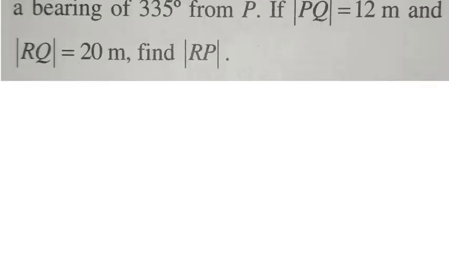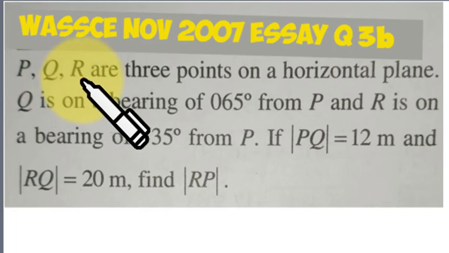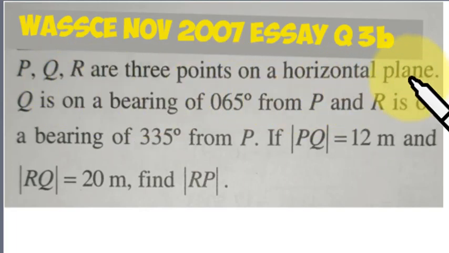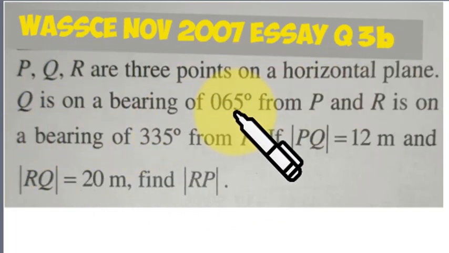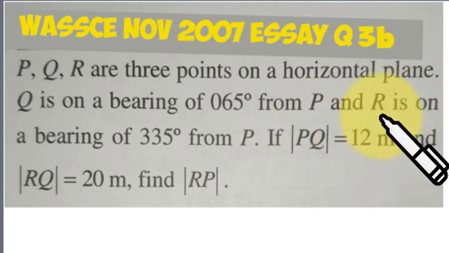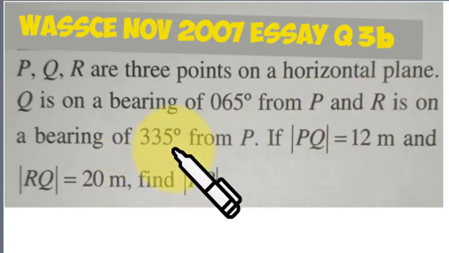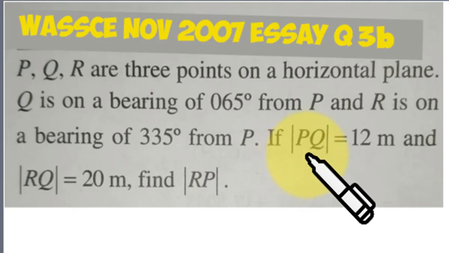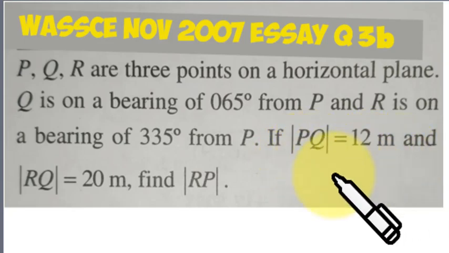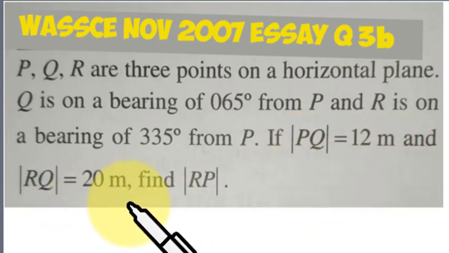We look at WASSCE Private Candidate 2007 Essay Question 3b, and it's under bearings. P, Q, R are 3 points on a horizontal plane. Q is on a bearing of 65 degrees from P, and R is on a bearing of 335 degrees from P. If the length of PQ is 12 meters and the length of RQ is 20 meters, find the length